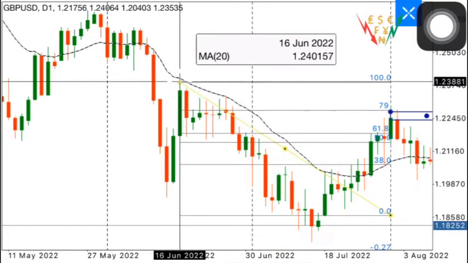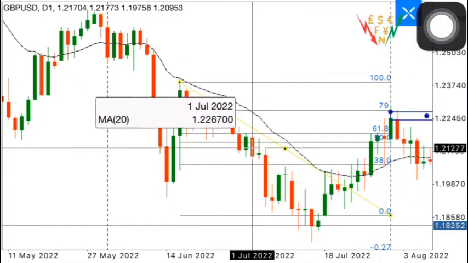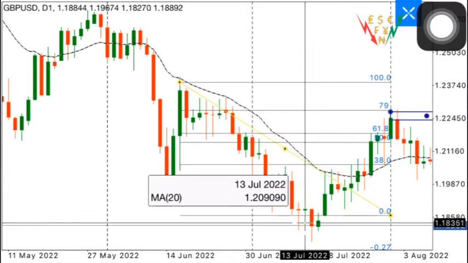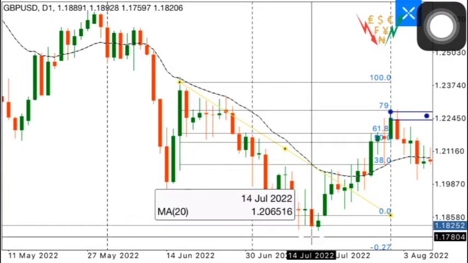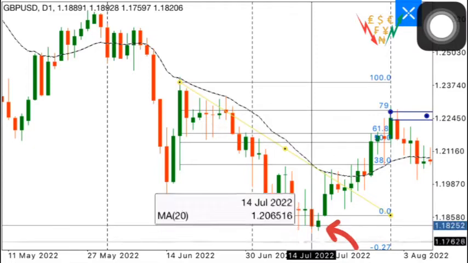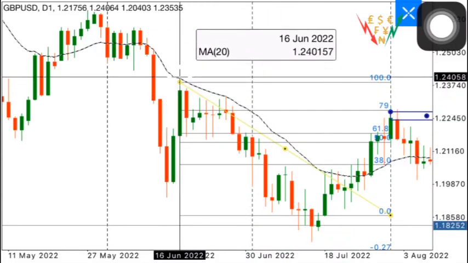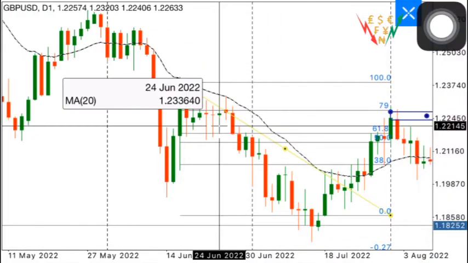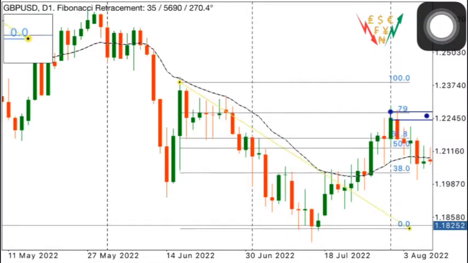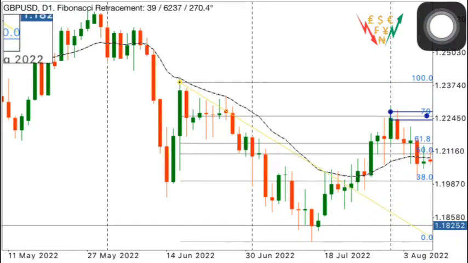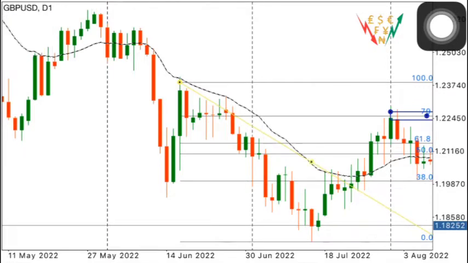So we established there that this is a lower high, and we see price actually break the structure, coming here to form a lower low. Okay, so from this point right here to this point is a high swing, a price swing. So when we move our Fibonacci tool from swing to swing, as we see here,